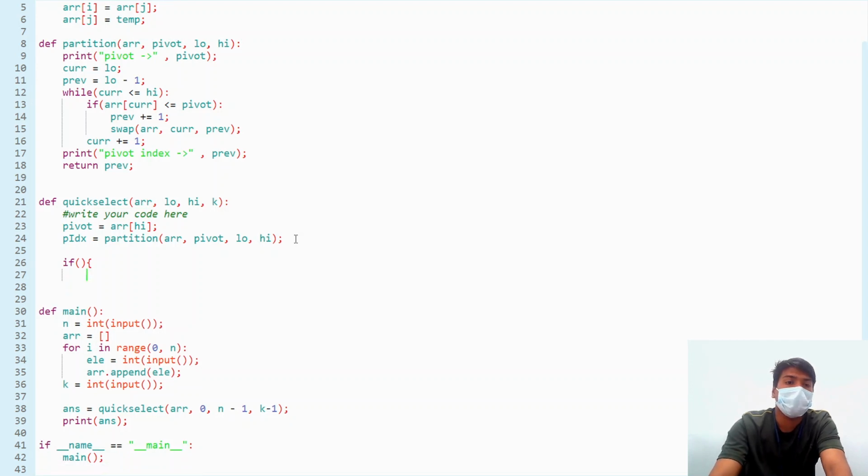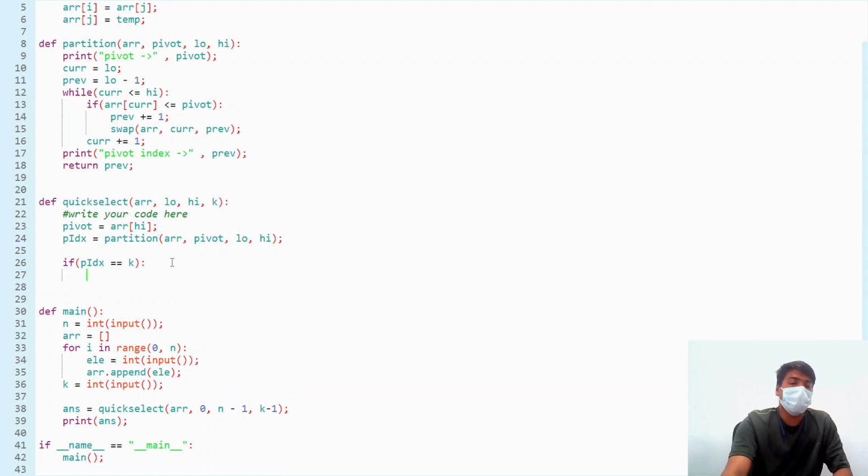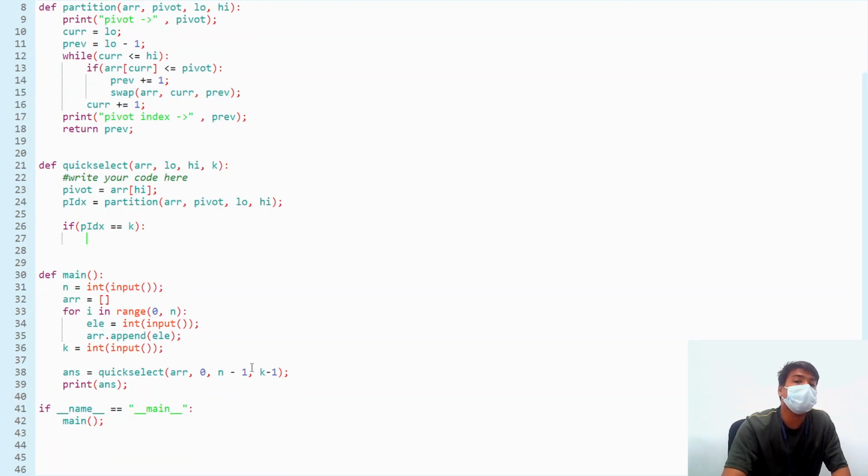Then check, in Python what we used to do is this, right? If pidx is equal to k, if it is equal to that index which we need to find. We already have passed the index here, k-1 is the index, so we just need to check whether it is equal to that index. If it is, then simply return arr at pidx. Otherwise,